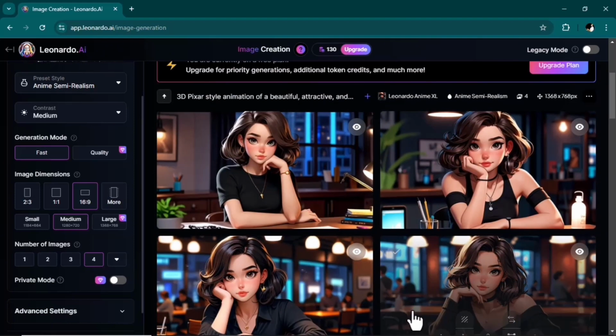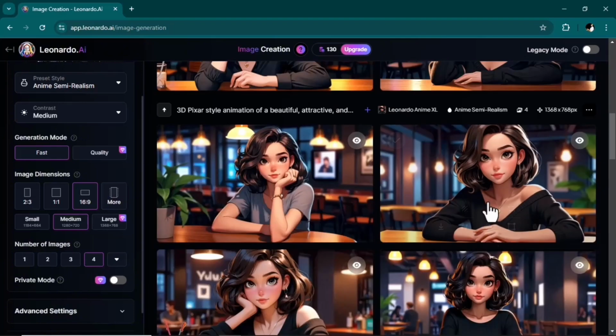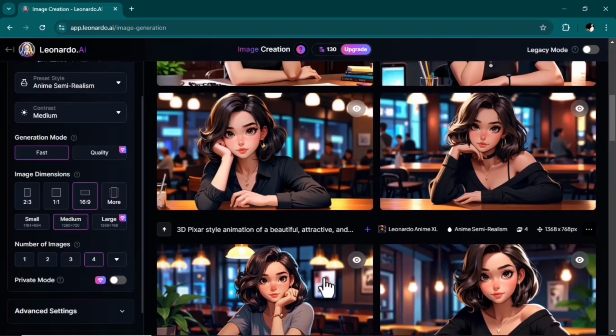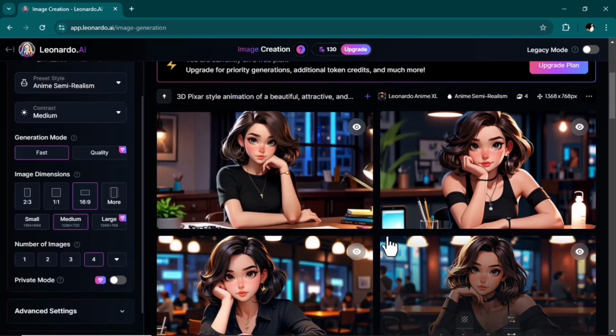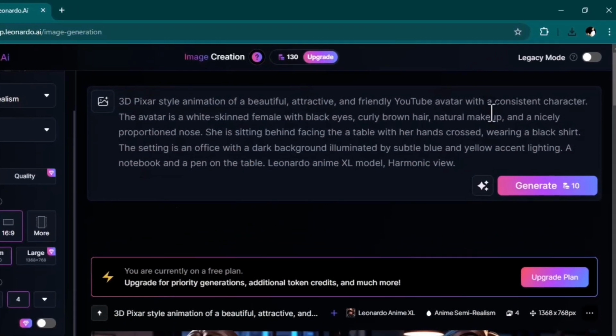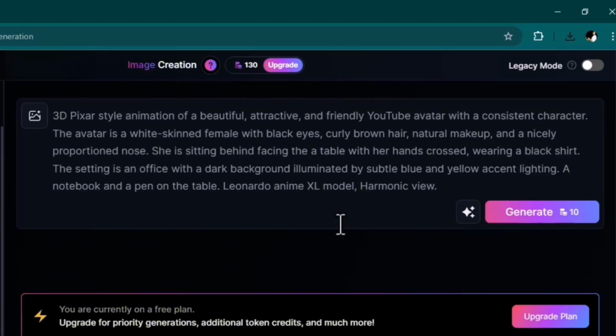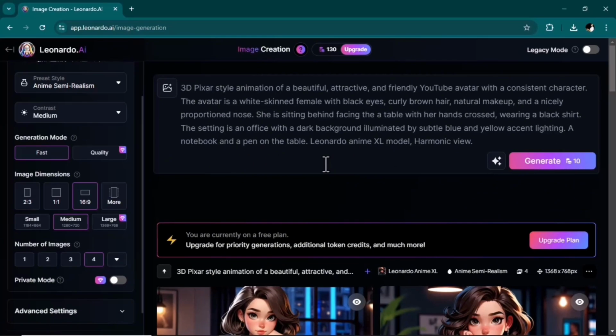to reach your desired result. These are my first 4 photos generated, and these are the second 4 photos generated. By the way, you can copy and paste this prompt from the description and customize it for yourself. I have also copied and pasted the link of the channel I was inspired for this part of the video